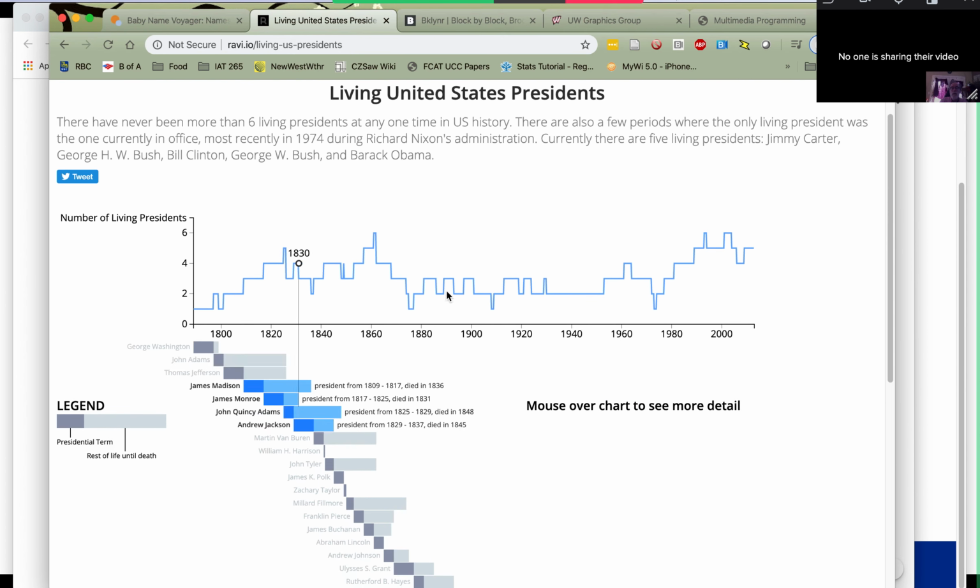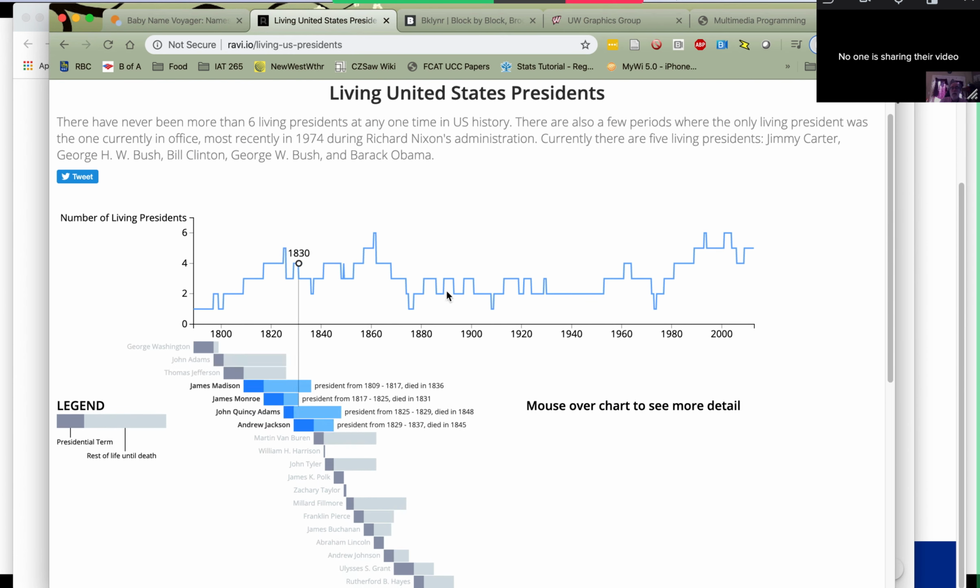So here we have Harding. He was president for 2 years roughly, and then he died in office. And then Calvin Coolidge presided over the onset of the Great Depression, and then died in... Sorry, I got mixed up there. He was president from 1923 to 29, and then died in 1933. It's Hoover. He lasted a long time after his presidency was over. And so you can see that